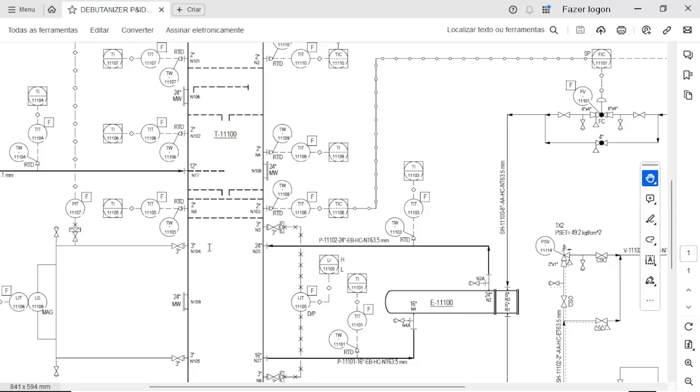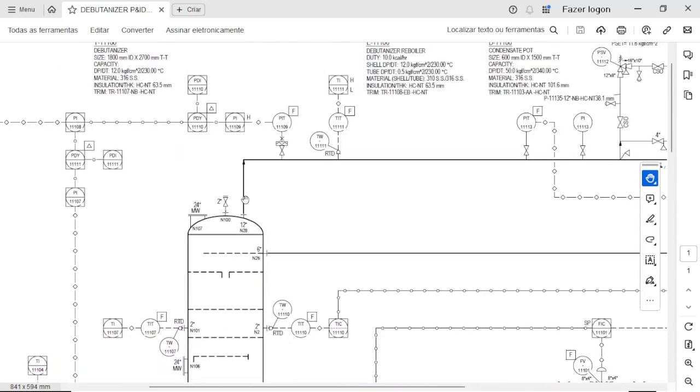And to avoid too much information in the pipe instrumentation diagram, sometimes companies prefer to not show this kind of information. And of course, if you are in the preliminary stage of the project, you don't have this kind of information. It is only available when we go to the detailed design of the project, with the purchase of the equipment and receiving the documents from the vendors.